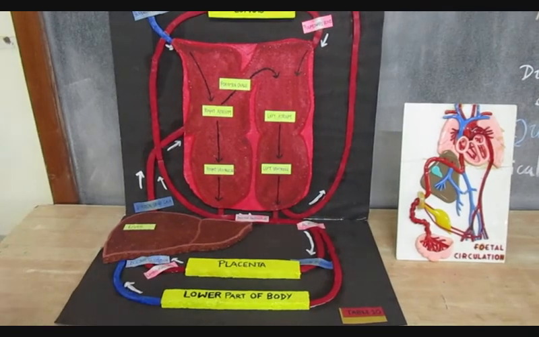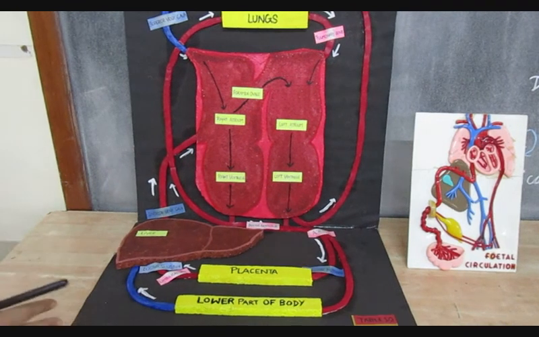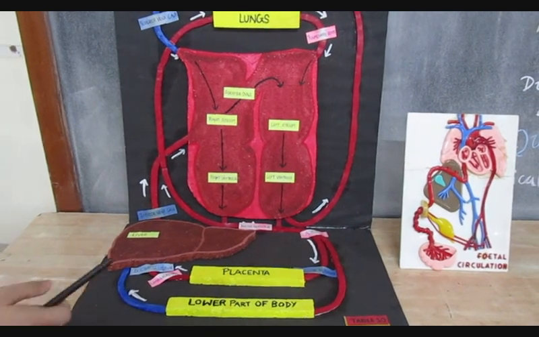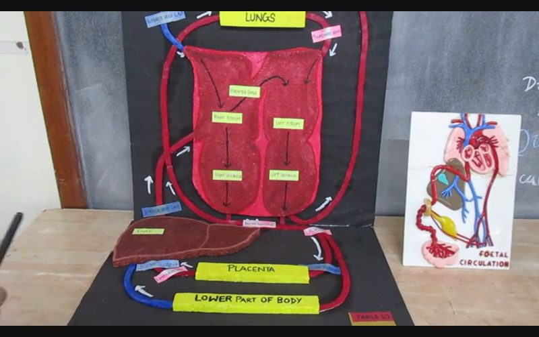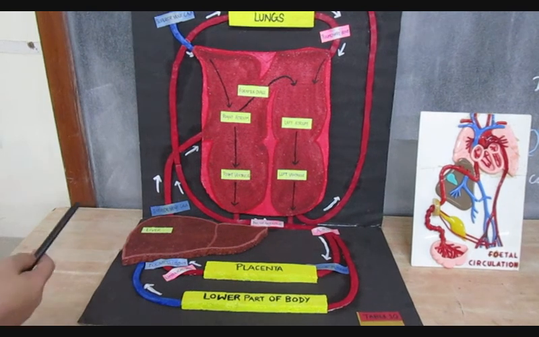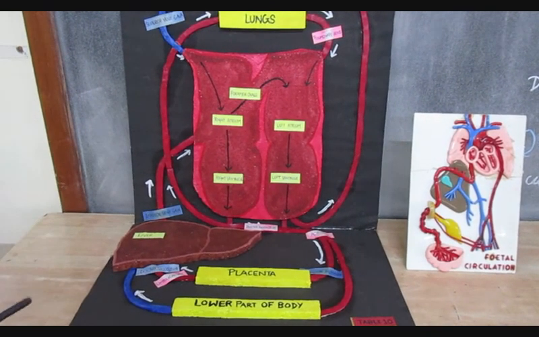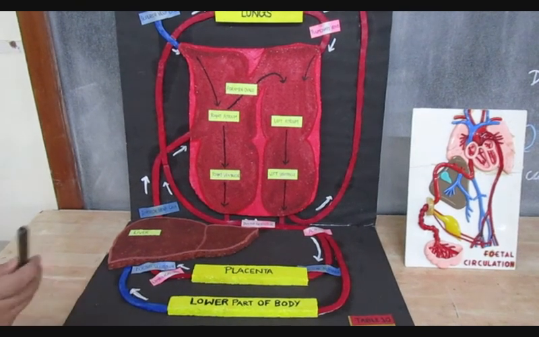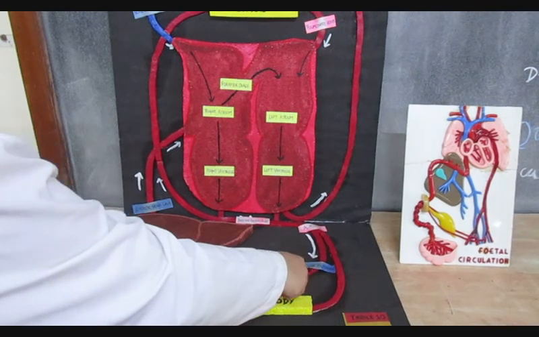And from the aorta it is going to be distributed via all the branches of the aorta, the lateral branches, the ventral branches, dorsal branches, and the terminal branches, that is the common iliac. From the common iliac we have the external iliac continuing as the femoral artery going to the lower limbs, and the internal iliac has got 8 branches, out of which the superior umbilical arteries are the ones which